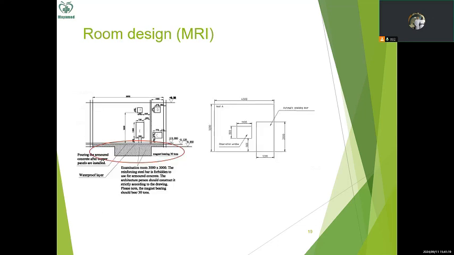And there is a special case, a special point for the permanent MRI. Because the permanent MRI, like the permanent MRI 0.5 Tesla, is very heavy. The magnet weight is approximately 17 tons to 18 tons. So in this system, we must make sure there is a concrete plate, concrete